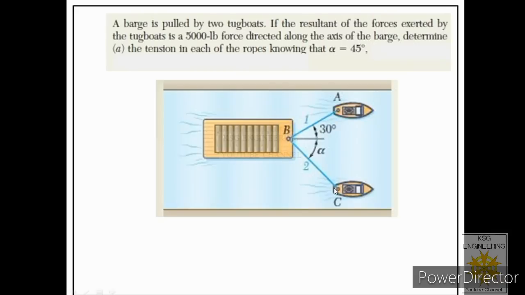Fine. Whenever we get problems like this, first of all, we have to draw the free body diagram. How to draw the free body diagram? It is very easy. We will first draw what is given in the diagram, and after that, what is not labeled in the diagram, we will label. Like in this diagram, the resultant force of 5,000 pound is not labeled. So we will label that, and we will show the direction of that force as well. And then we will show the tensions in these two ropes. So let us construct its free body first.